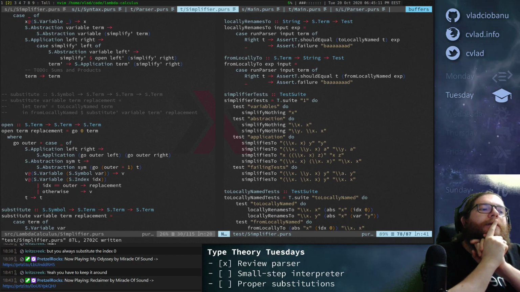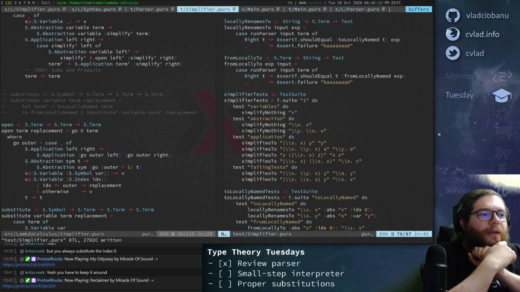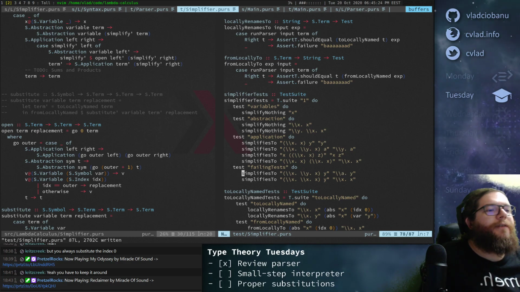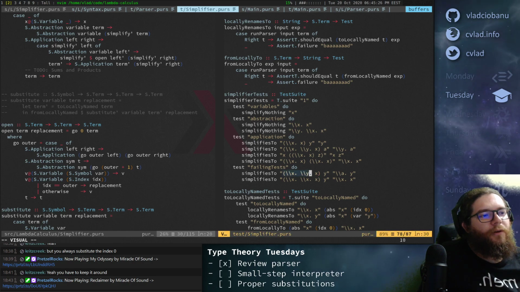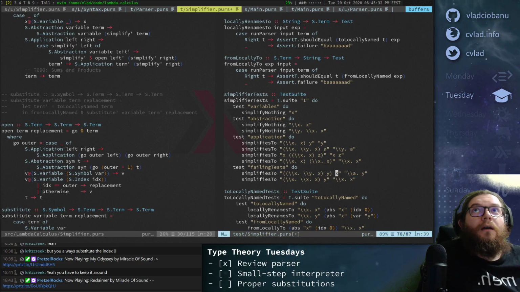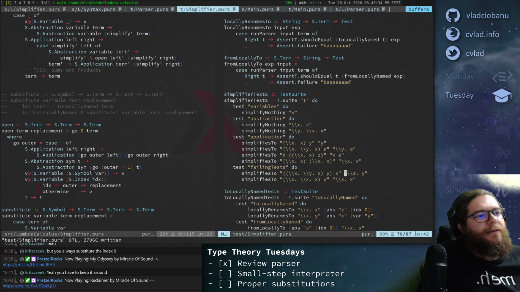You wouldn't know it's wrong if we applied this to something else, I think. Yeah. Maybe. I don't think you could observe that this is wrong if you apply this to something, right? Because if we applied this to like x, then we would get x instead of y.